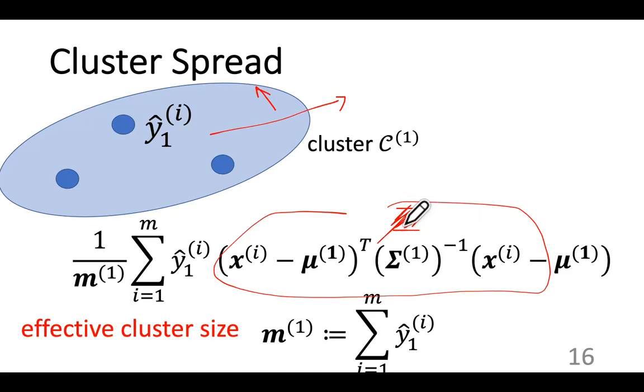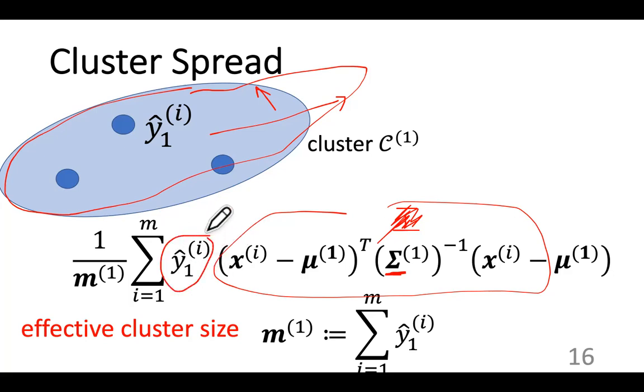instead of using the identity matrix in the middle, which allows the shape of the cluster to be non-isotropic, or anisotropic. So to make it kind of squeeze out in one dimension. This can be done because we have this covariance matrix here. Okay, and this formula here, the cluster spread, is the weighted distance, because we weight each data point by